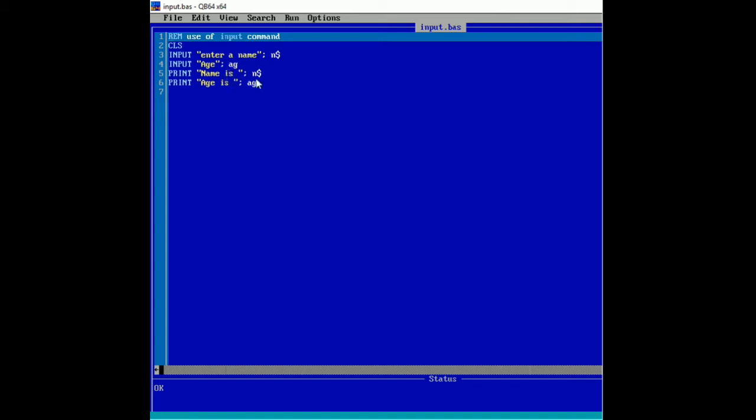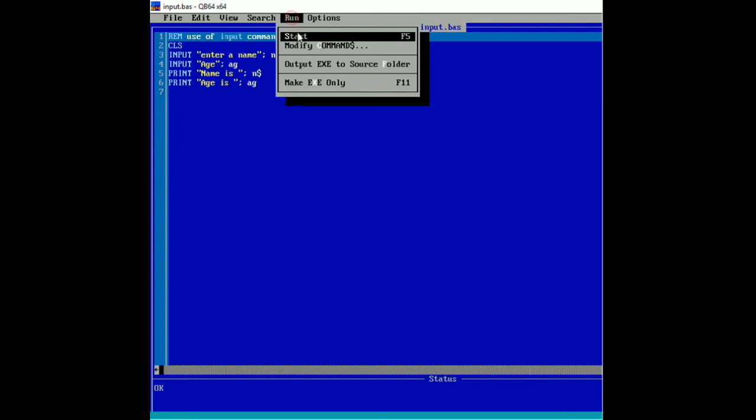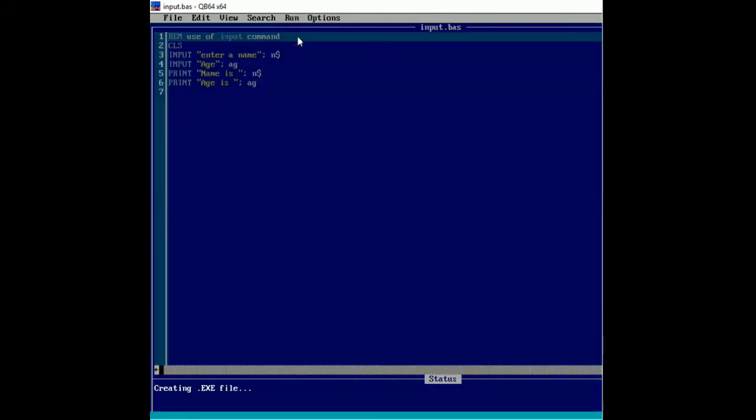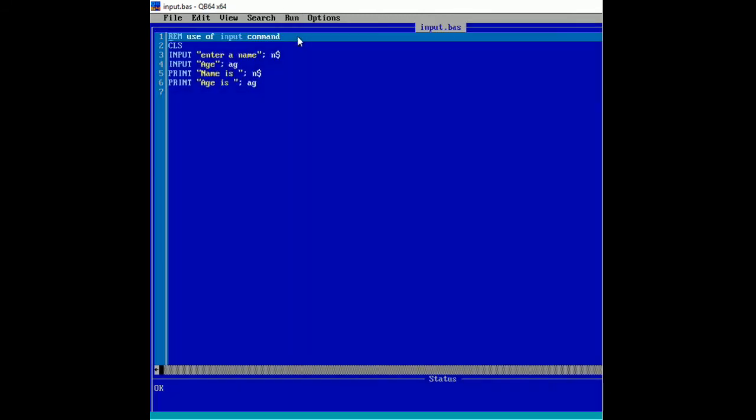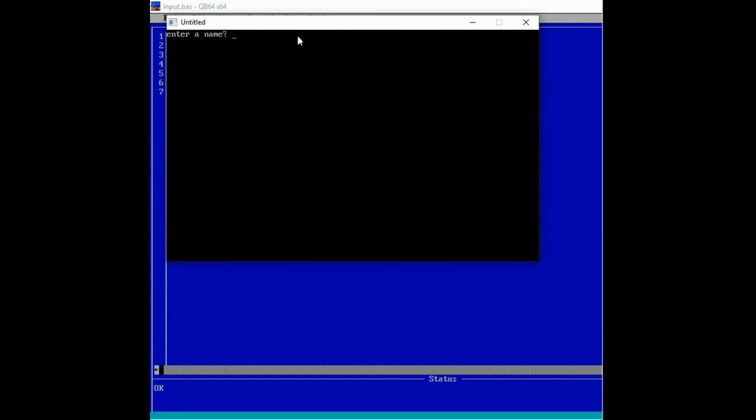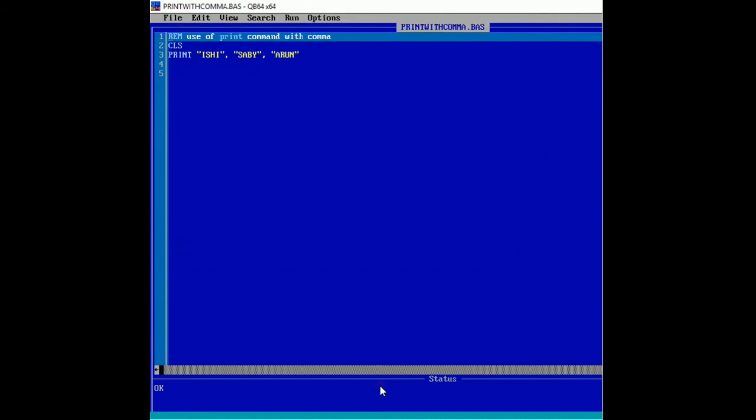Now print name, which is a string variable, and age, which is a numeric variable. Clicking on run, start, here you can see the output, the name and the age.